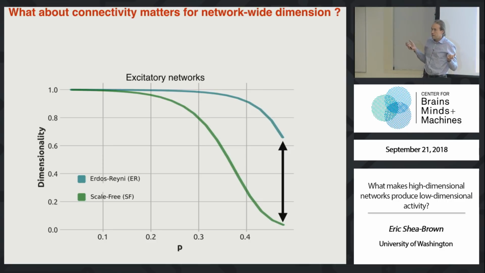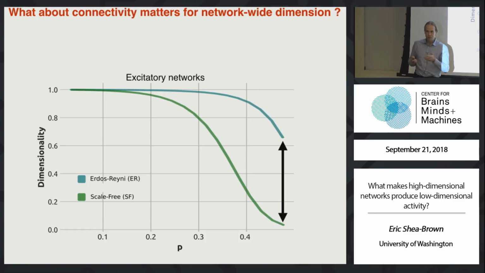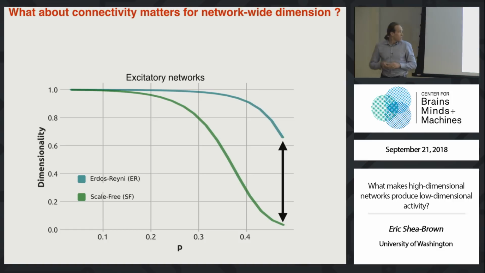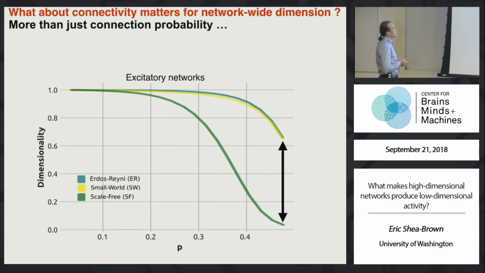spending that budget in a different way. For example, rearranging those connections according to the famous scale-free architecture, popularized by Barabasi and colleagues. That's where you have certain hub neurons that are using more of the P, or more of the connectivity, than other cells. Another classic way in which these connections might be arranged is according to a small world architecture, in which you have a preference for local connections, but there are a few long-range connections.